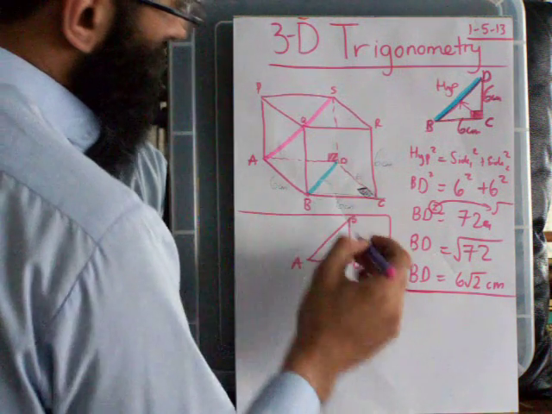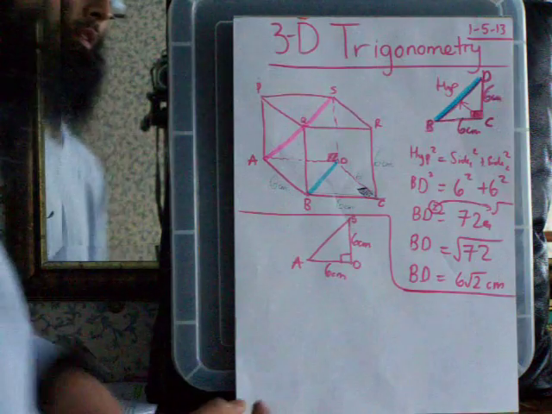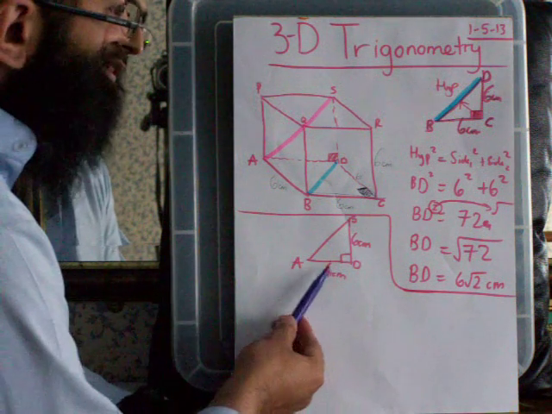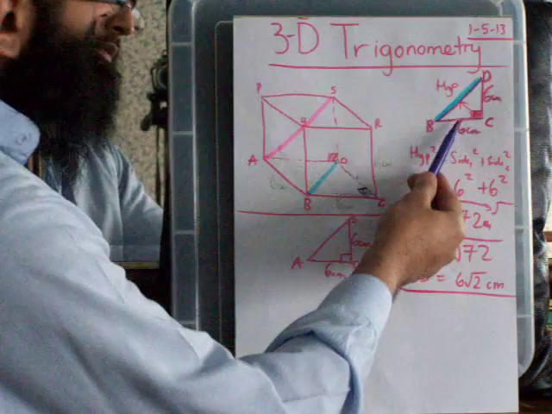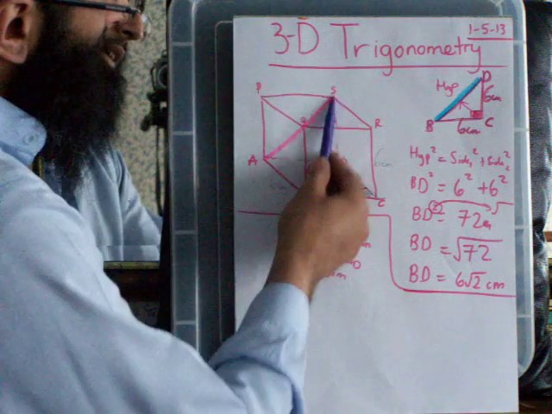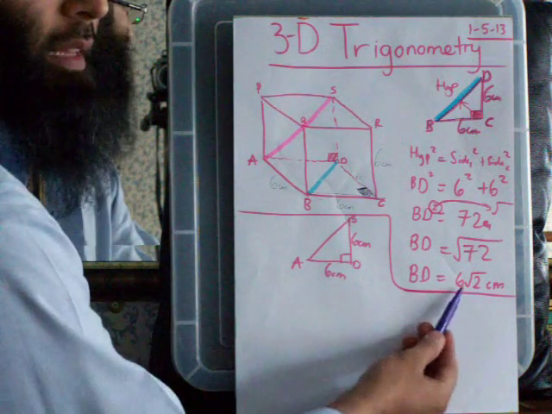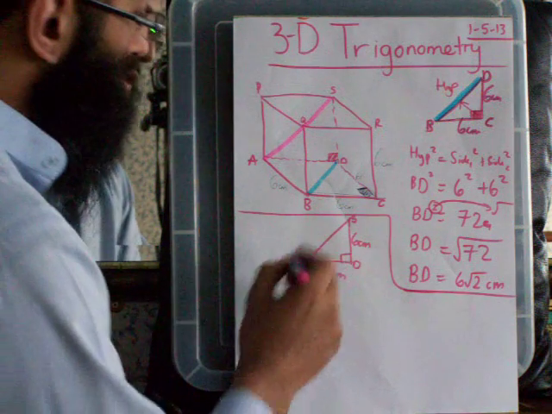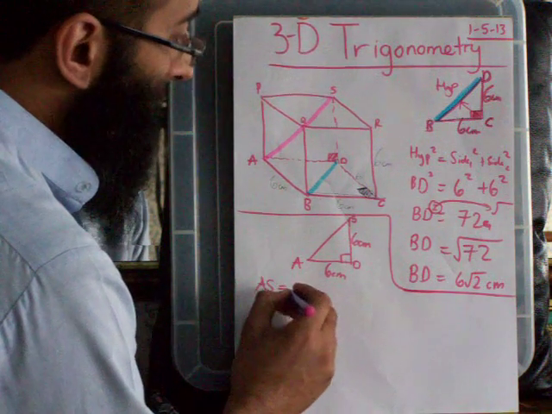And we'll have a height that was also 6 centimeters. Now, trigonometry. This triangle is identical to the one we've just done. So you've got 6 by 6, and that's going to be the diagonal that goes across. So we can just copy the answer straight across, and make a statement: A to S is equal to